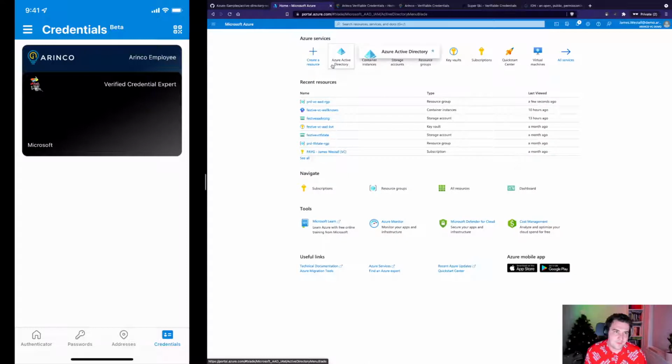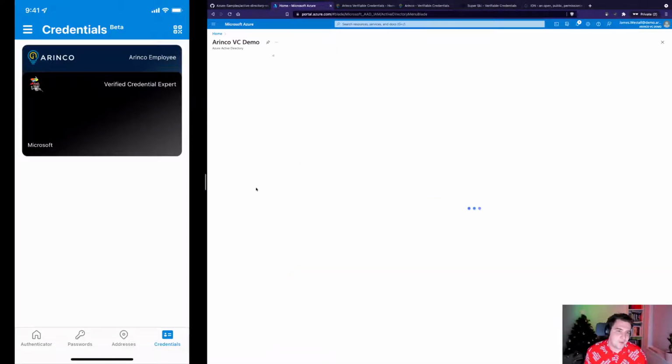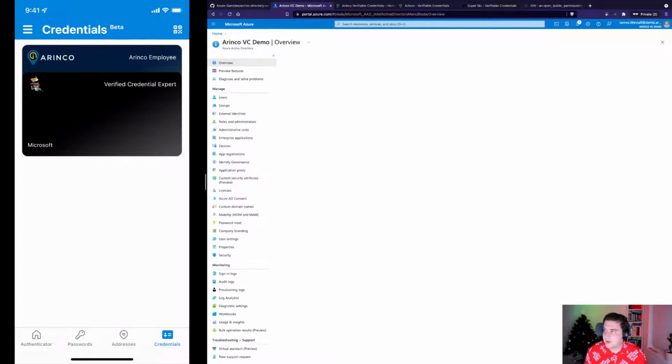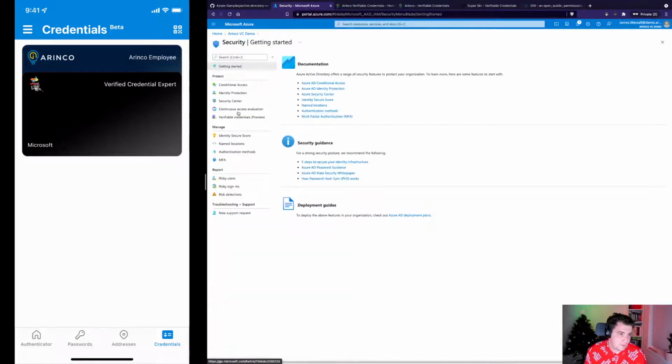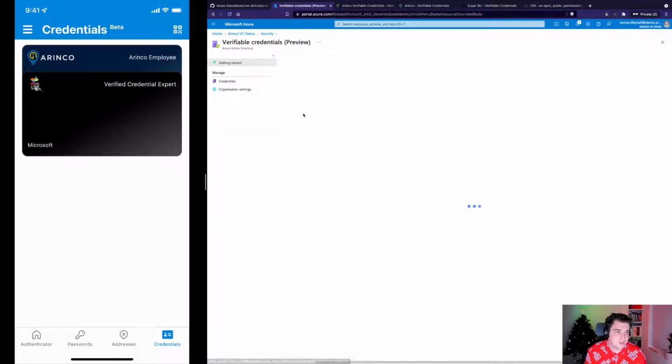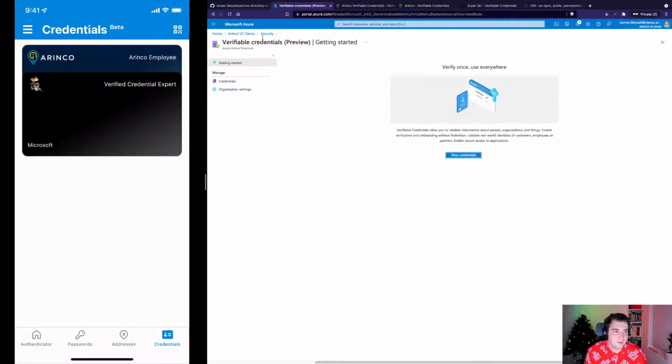So if I go to Azure AD, and then I navigate over to the security pane. So Azure AD security on the left, and then there'll be verifiable credentials about here from memory. My internet seems to be remarkably slow today, which is excellent. You can navigate from security to verifiable credentials preview.